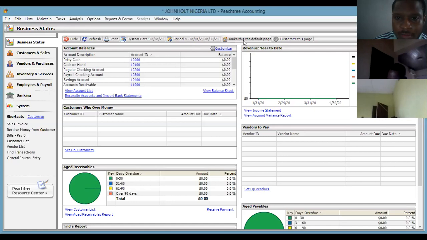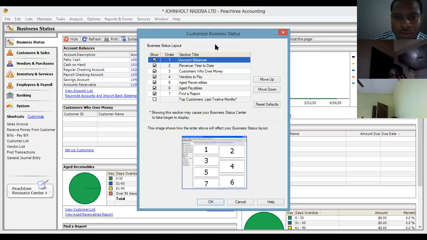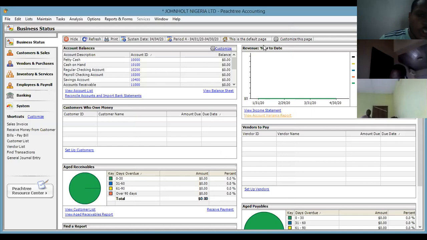Then of course, the next option is make this page default page, so that whenever we open Sage, this page will show. Then the last is customize this page. You see, all these windows that came out were a result of how the page was customized. You can also customize your page as you want. So this is just explaining